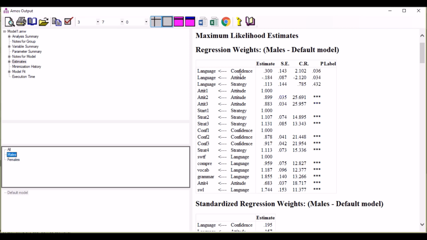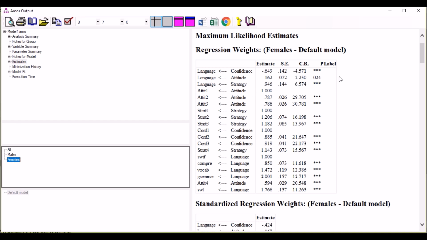If you look at the effect of confidence, attitude, and strategy on language for males, you'll see that the first two are significantly affecting language because the p-value is smaller than 0.05, but the third one, strategy, does not have an impact on language, and that's actually quite interesting. The other one is for females, and for females things change quite significantly because every variable has a significant, and I assume a high impact